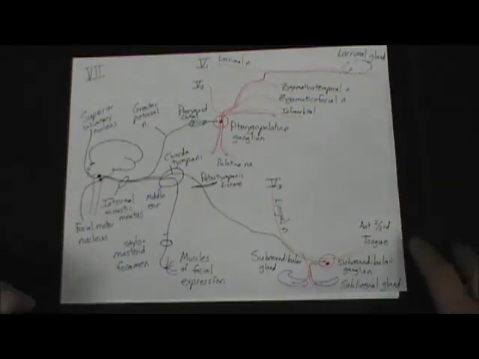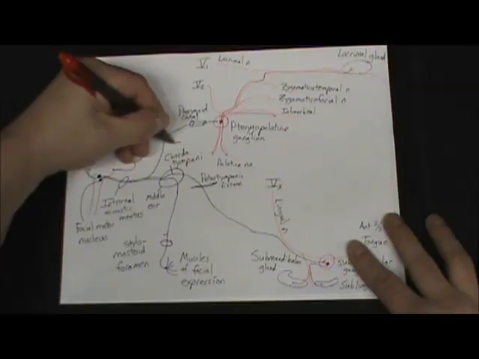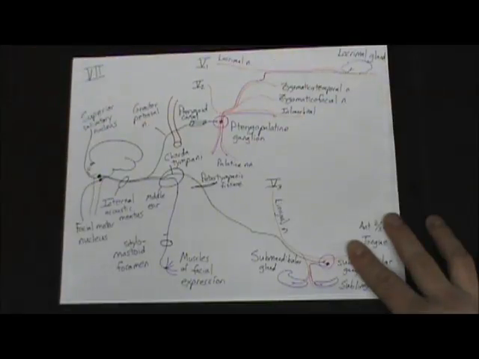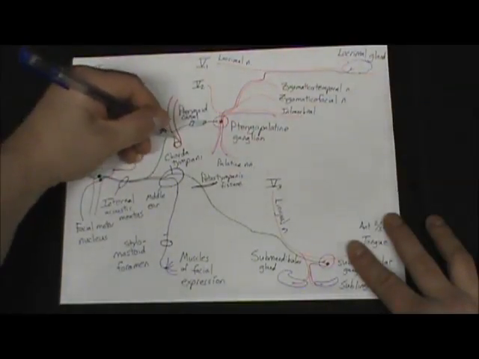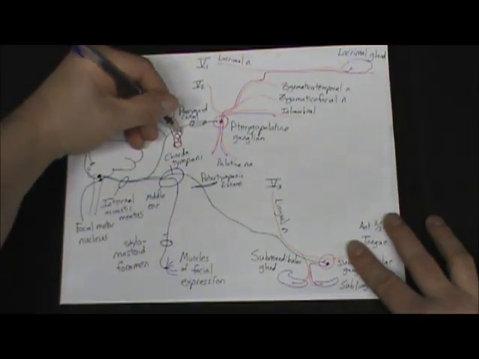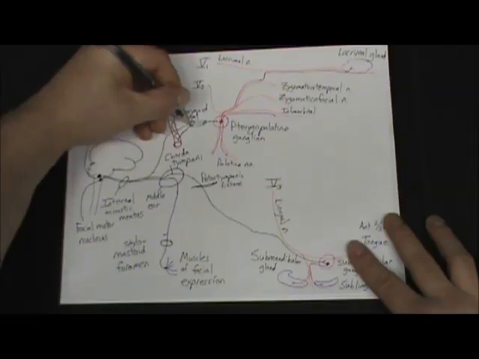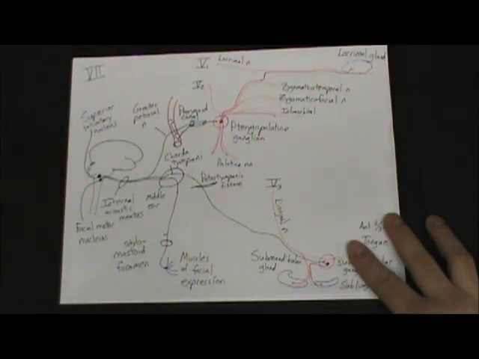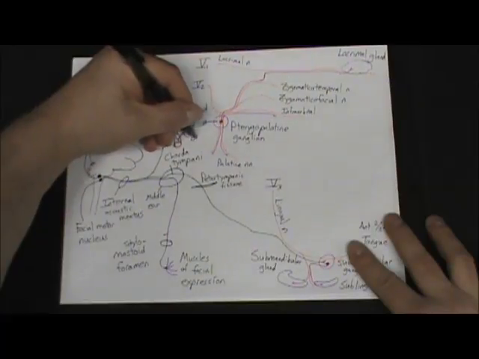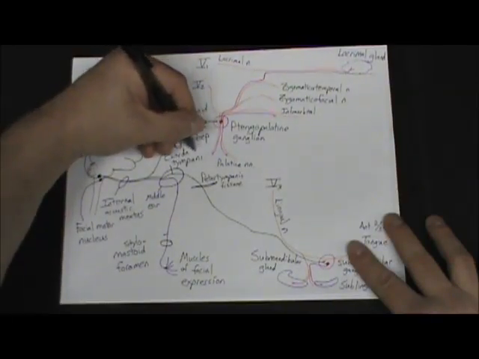What's going on is as the internal carotid artery ascends, making its way towards the cavernous sinus, and along with it, all that carotid plexus, a small branch of it jumps off all on its own to go into the pterygoid canal. And this little twig right here is referred to as the deep petrosal